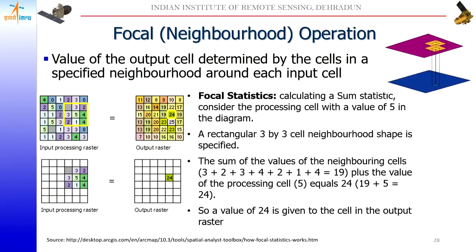This is like a moving window thing that you have studied in a remote sensing module, wherein this window will keep on moving and the central pixel value is computed, not only considering the central pixel value but also the surrounding pixel values. The neighborhood region shape can change. It could be 3 by 3 or 3 by 4. So whatever you are used to doing, filtering, the median filter, and those kinds of operations come under the gamut of focal operations.